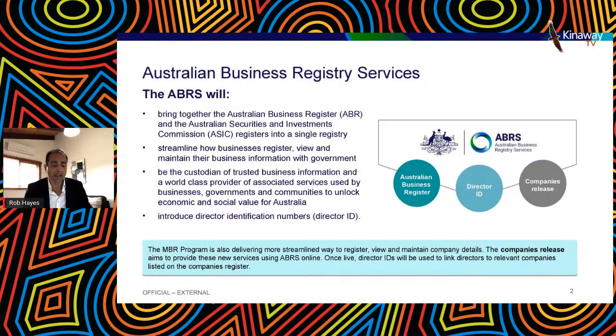I want to also talk about some of the transitional arrangements for directors of companies that are regulated by the CATSI Act and are registered with ASIC. But of course, for our First Nations people, there may be some of you who have a registration through ORIC, the Office of the Registrar of Indigenous Corporations. They look after the companies that are specifically regulated under the CATSI Act and registered with them. There are some specific requirements for those directors, which I'll talk about a little bit in more detail shortly.